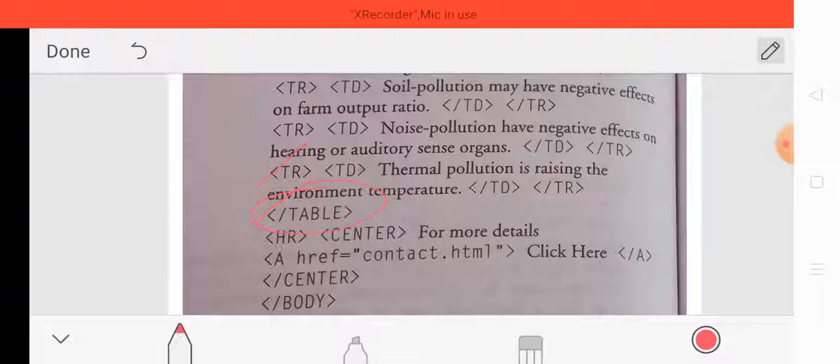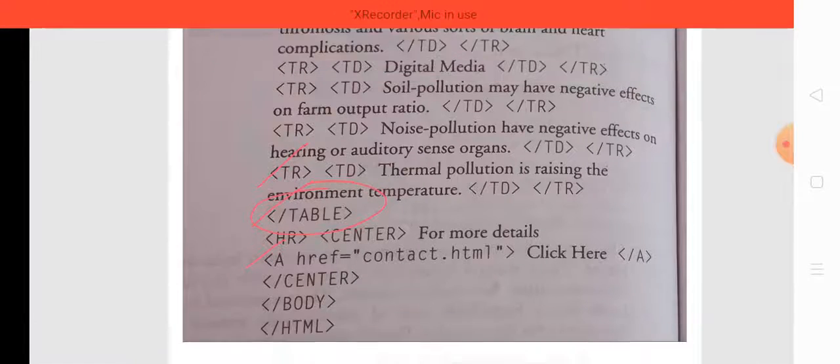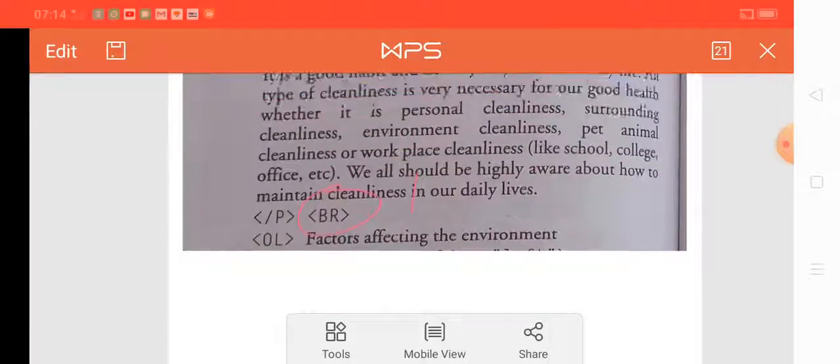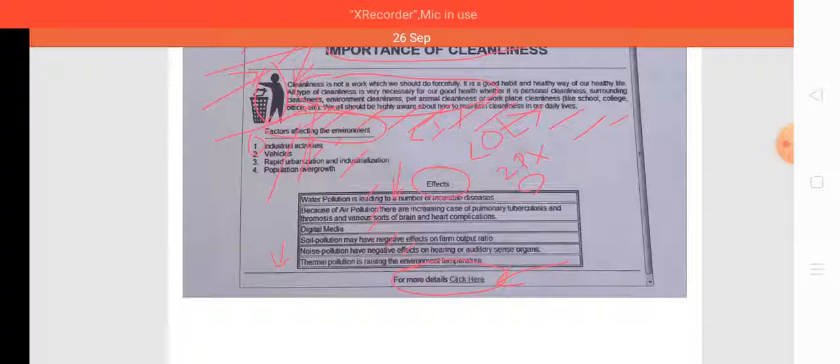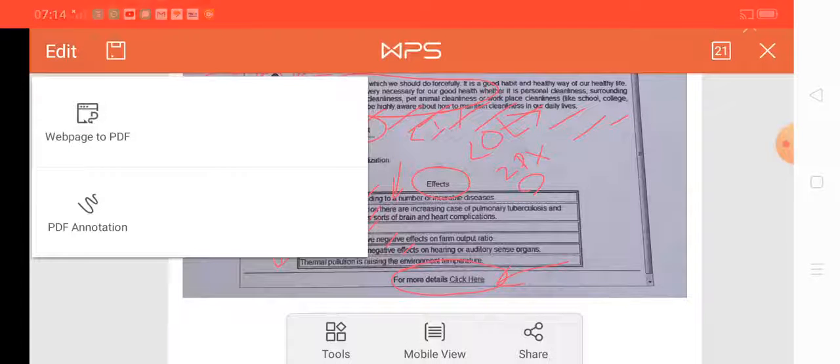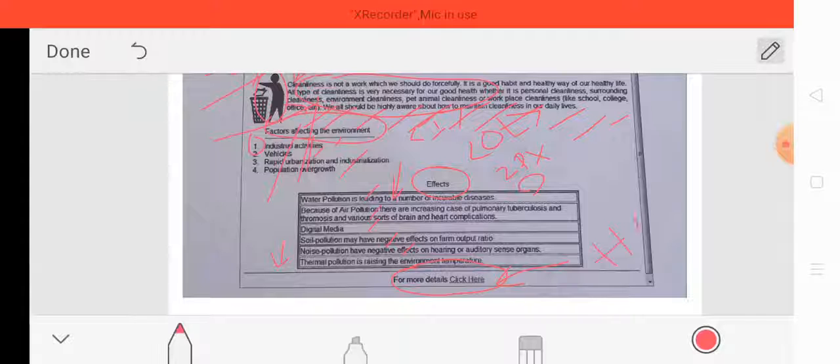After closing the table tag, again there is a separation, and we can see that the table is separated by a line. So the hr tag is used here. You can easily see that in the web page. The line is there, so the hr tag is used here to implement this line.